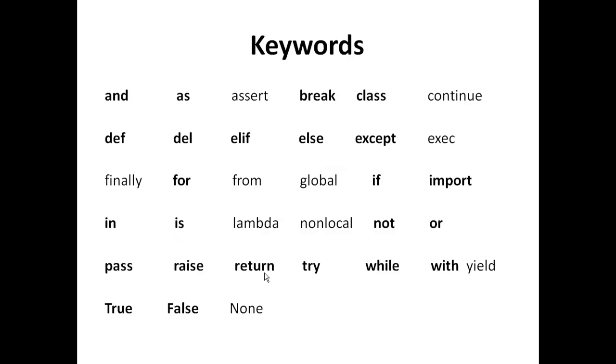Let's have a look at the keywords. Python 3.6 supports around 33 keywords. The keywords are reserved words, so you cannot use them as a variable name, and they have a special meaning, and this meaning cannot be changed. It is not necessary that you remember all these keywords, but as soon as you write programs, you will face some of these keywords while programming.